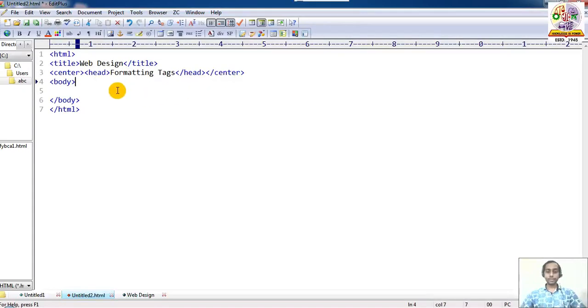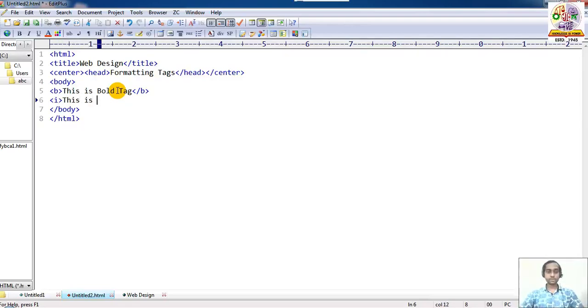Then the main part of formatting tags is the bold tag. You have to use B. This is bold tag, end of B. Then also the italic tag, you can use the I symbol.